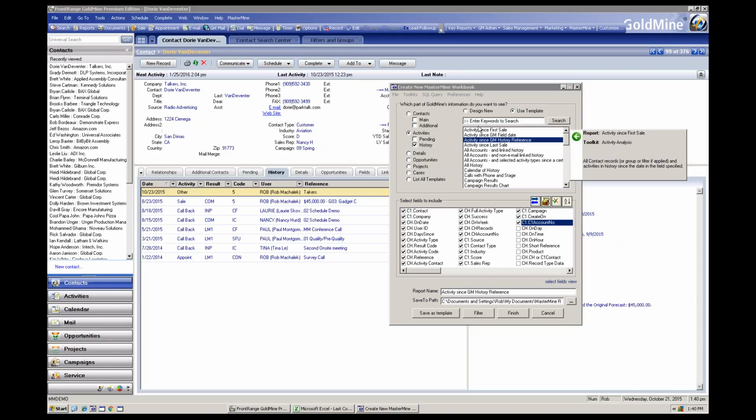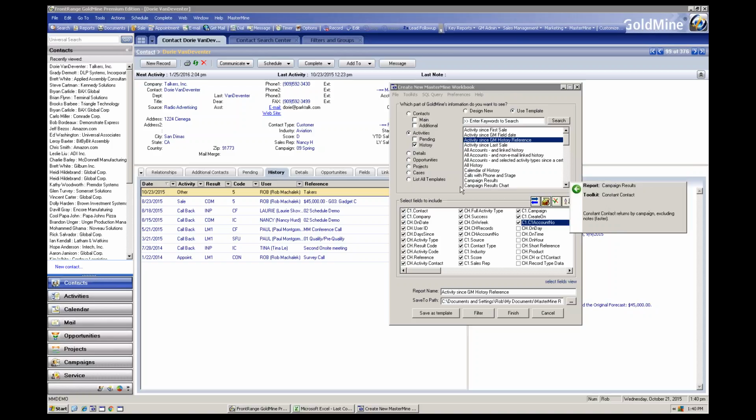What I want to do here is show you the actual process of creating a new report, because I think it's important for you to know that even though what I showed you here was a report that had been created in the past, making reports out of Mastermind is very easy. There's the templates themselves, as I just went through, and the templates are pre-laid out to perform different tasks. Some of them have to do with database management tasks, like dealing with alarms in GoldMine, or dealing with alerts, or lookups, or any of the things that you normally need to go through one by one and manage in the GoldMine space